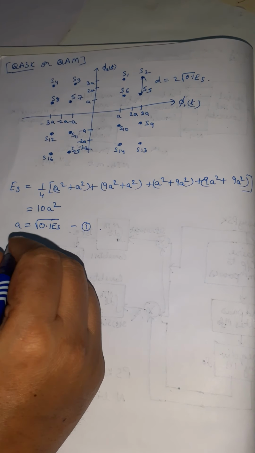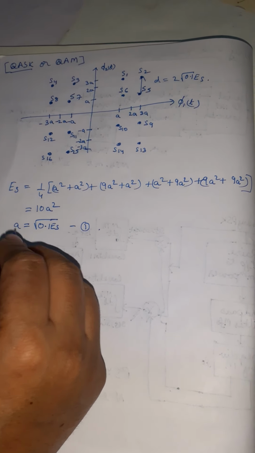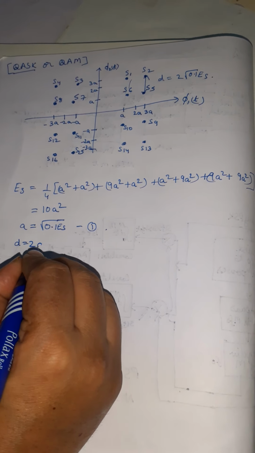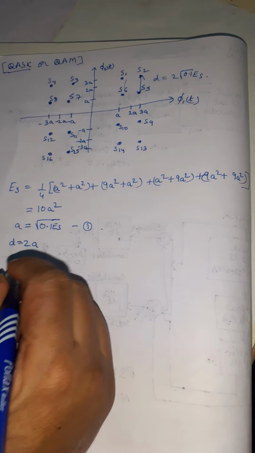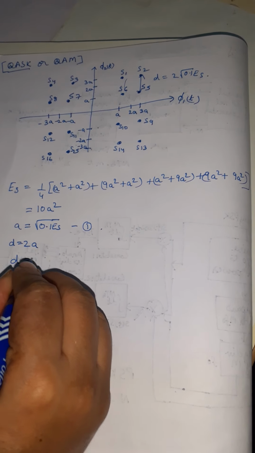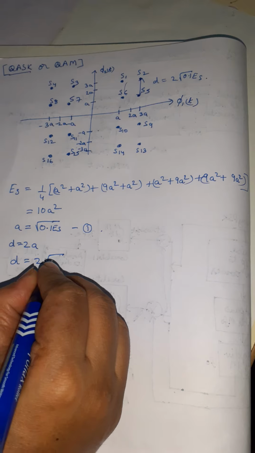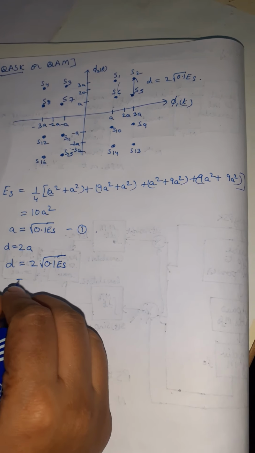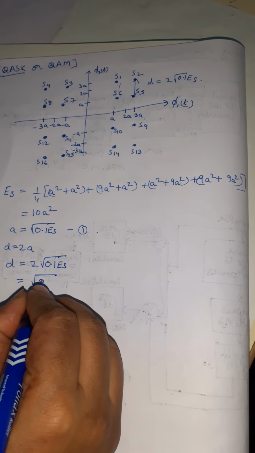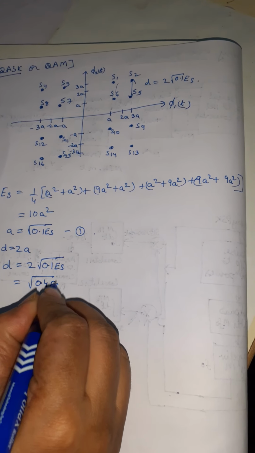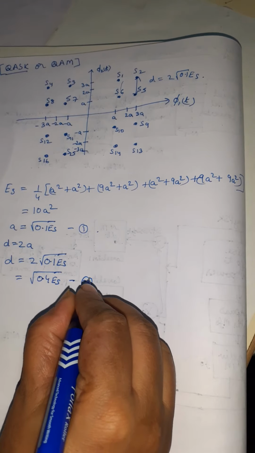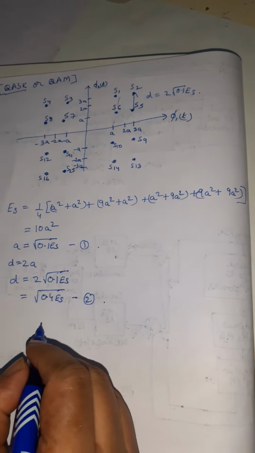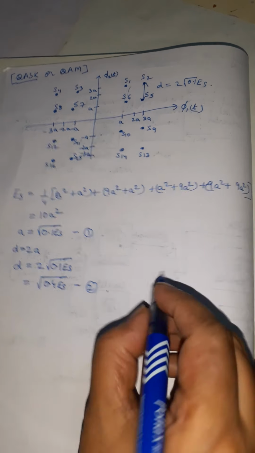We have already shown D, the distance between the two elements, is 2A. So we can substitute in this. So D is equal to 2 root 0.1 ES. It will become root 0.4 ES. So let this be equation number second. This will give the distance between two signal points in 16